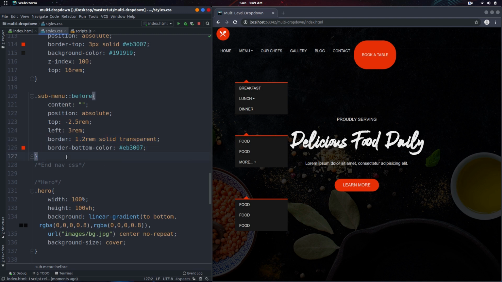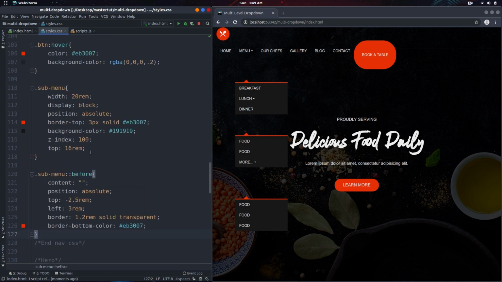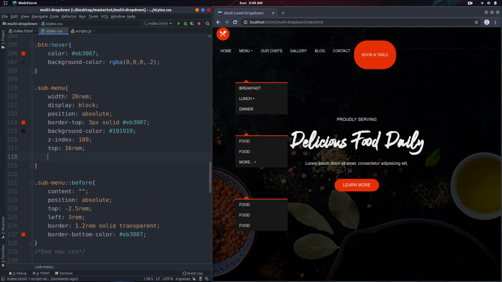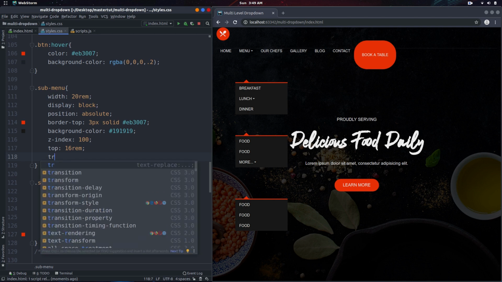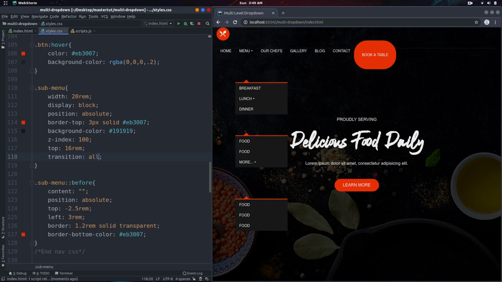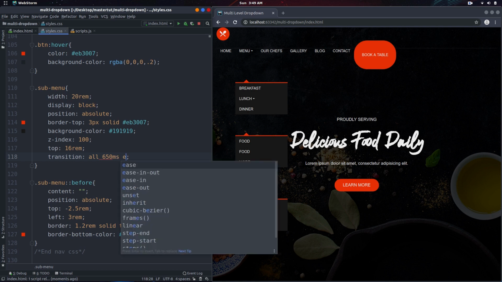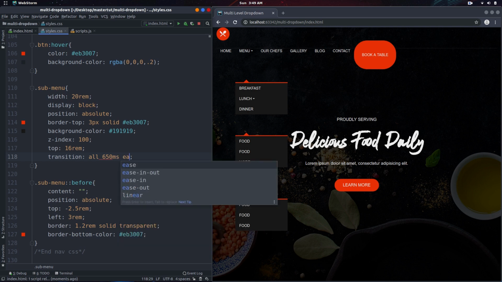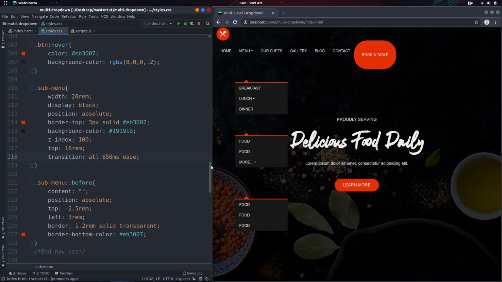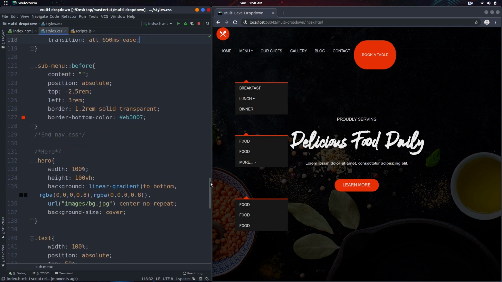Next step is for us to actually add a transition to the first submenu, which is something that we forgot to do since we will be animating it. So transition will be set to all over 650 ms, and then we can just say ease. Then we can just move back down,